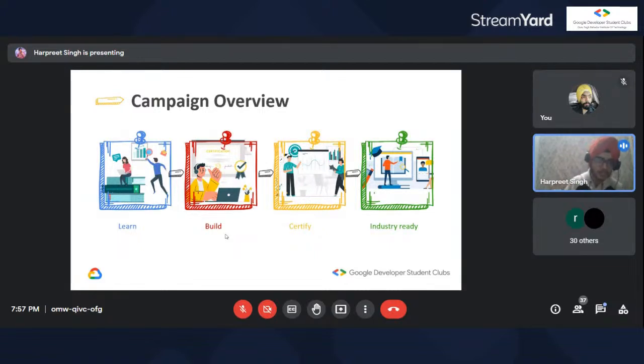So in the demo lab, when we will see it, I will tell you there, and then obviously you will become industry ready. If you have proper learning, you can build the things out of that learning, and you have a certification for it. I think you are industry ready after that. If you will be able to communicate the things which you have studied here to the interviewer, that yes, you have studied Google Cloud.